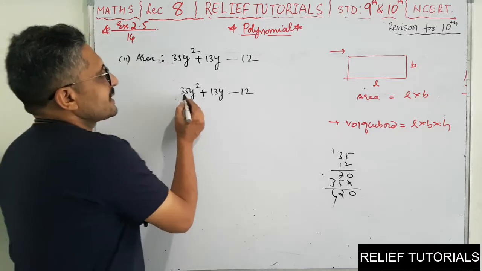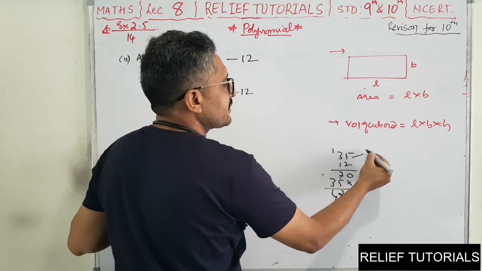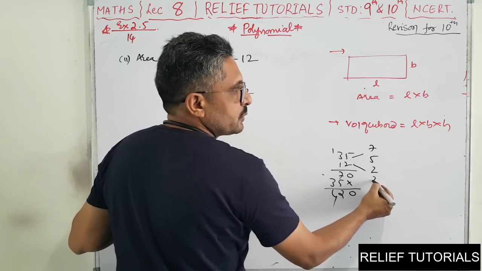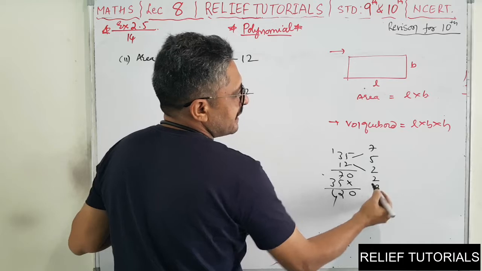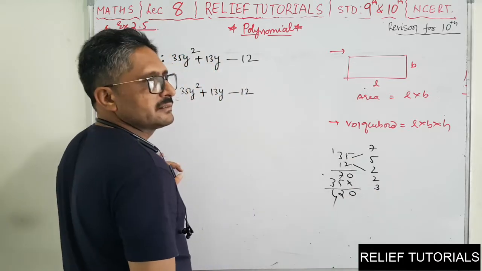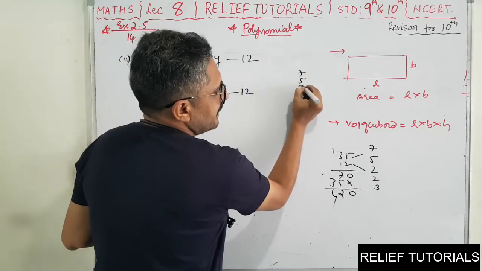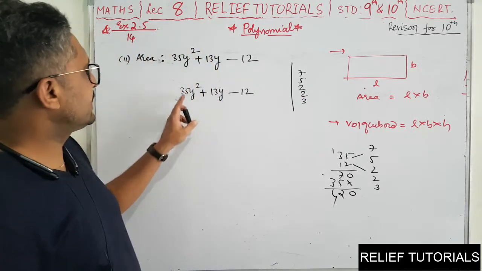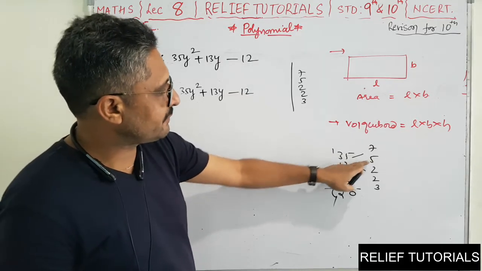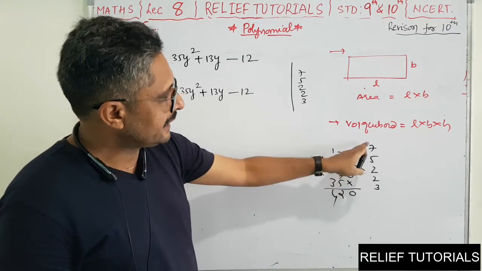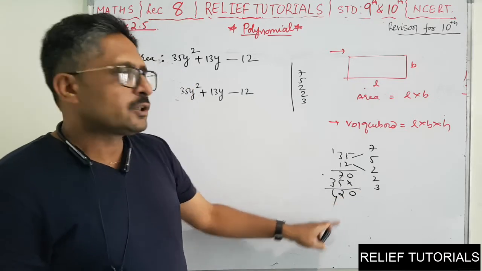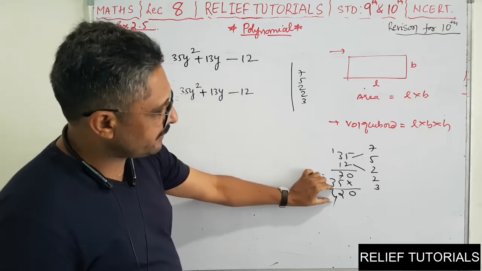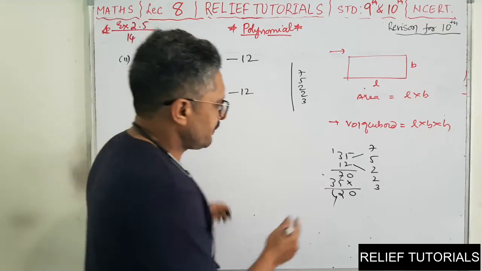Or in another way also we can say 35 and 12. Factors of 35 are 7 and 5. 12 is 2, 6 are 12, and 6 is 2, 3. So directly we can write 7, 5, 2, 2, 3 are the factors. 35 factors are 7 and 5 and 12 factors are 2, 2, 3. If you multiply this, you will get 420. So instead of doing a long process, you will multiply 35 into 12, you will get a number, then you will find the factors of 420.